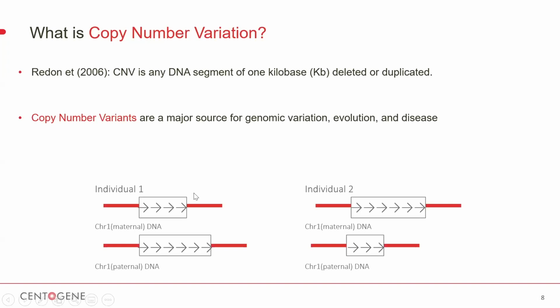As we can see from this diagram, the copy number of specific segments is different from one individual to another. For individual 1, we have 4 copies maternally inherited and, from the father, 6 paternally inherited. For individual 2, it is 6 from the maternal side and 3 from the paternal side. This is a major source of variation between us, and a small portion is considered disease-causing mutations.